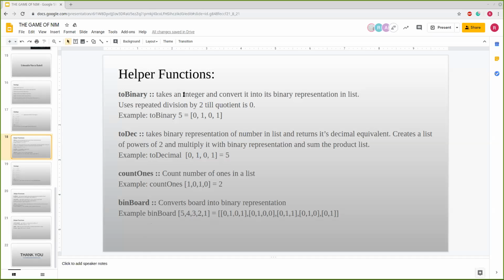For this I am making another list of powers of 2. Here this is the map function, so it will access 0 1 2 till the length, and that will become the powers: 2 to the power 0, 2 to the power 1, 2 to the power 2. That will become the powers of 2.